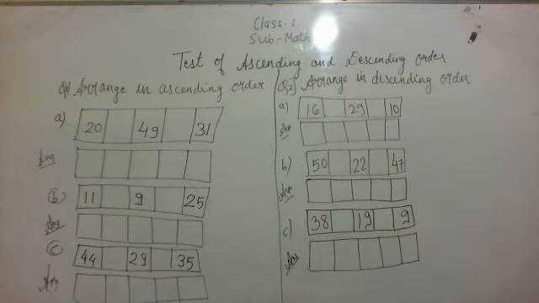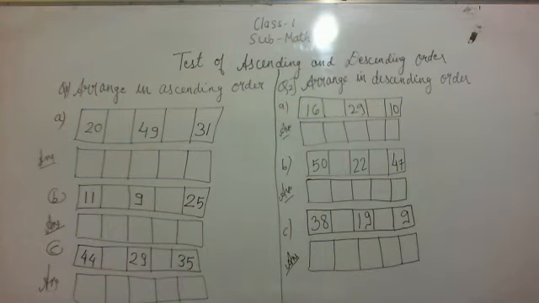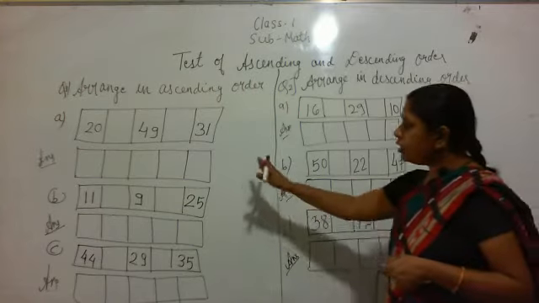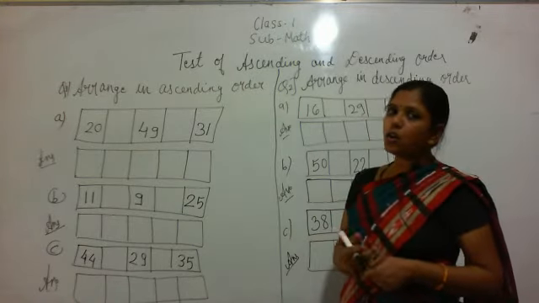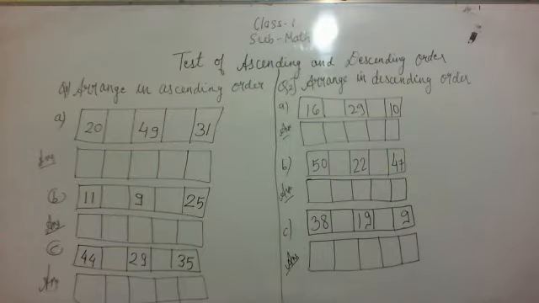So I will give you 5 minutes. No, 5 minutes is more. So I will give you 4 minutes to solve both the questions. So what is your work? You write fast and solve the question fast, and then I will write the answer here. And you check your answers. So first you solve this question fast. I will give you time.